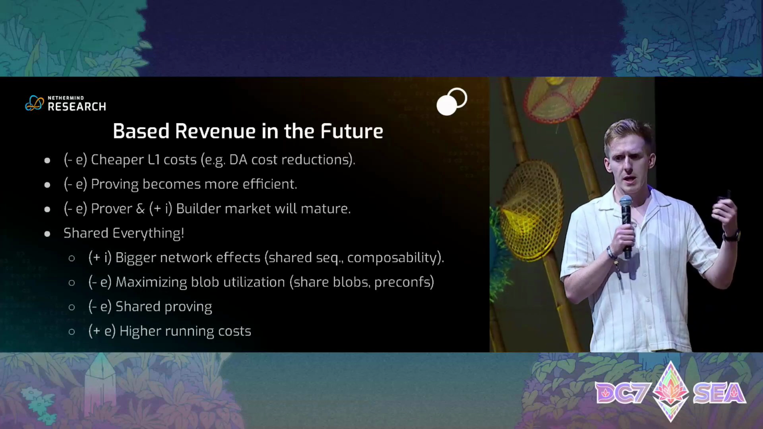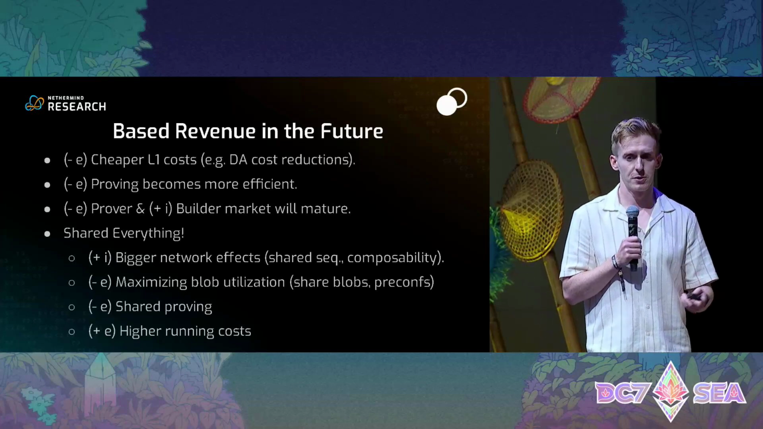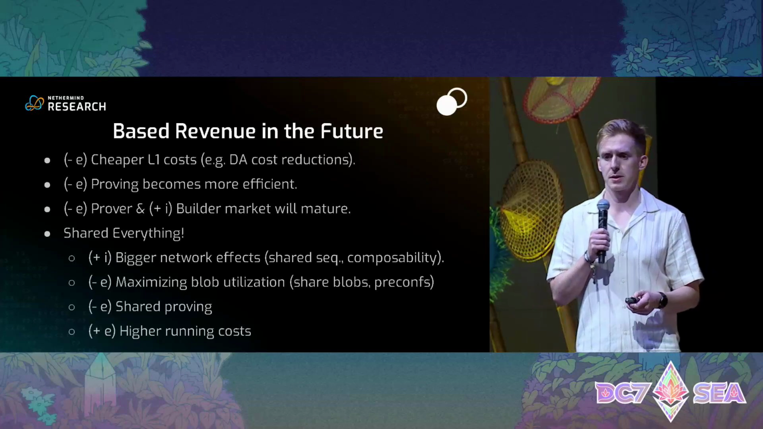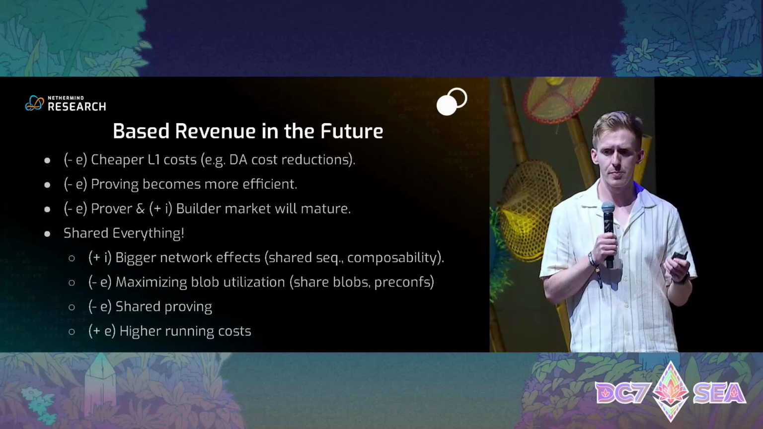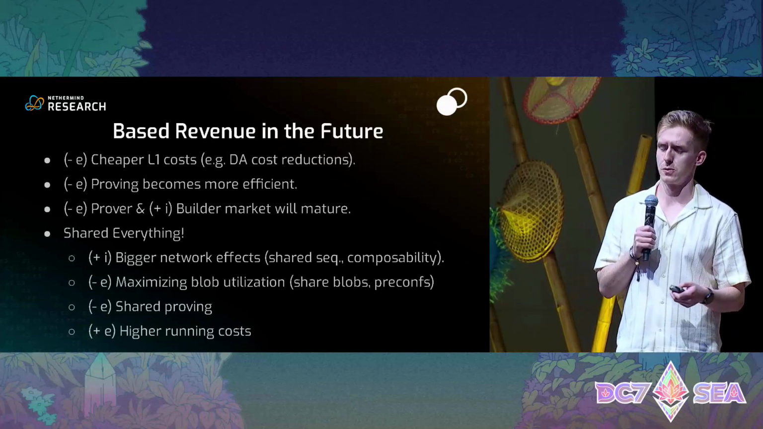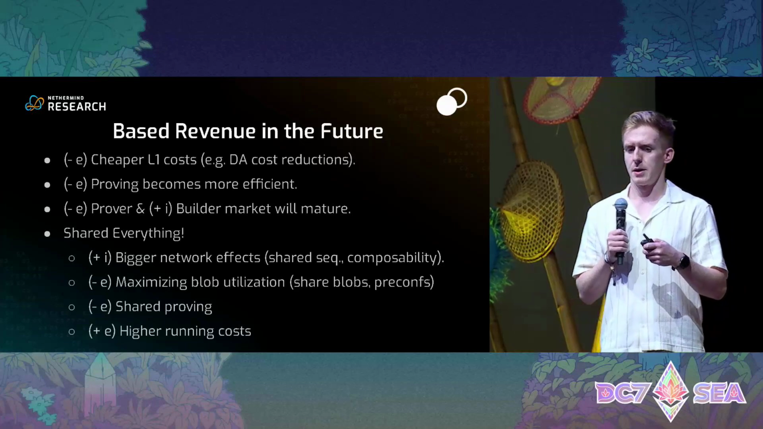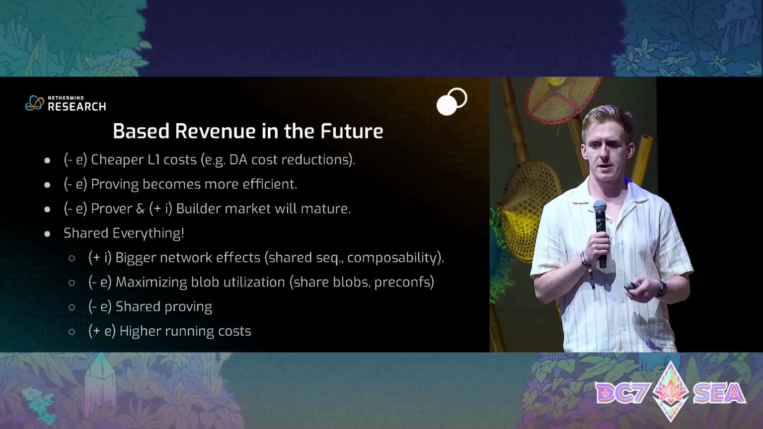So here are some of the big changes to base revenue that I expect to see in the near future. We're going to see cheaper L1 costs. We're going to see proving becoming more efficient. We're going to see prover and builder markets maturing. So a lot of L2s, base rollups will run their own prover, but there's whispers about prover markets and potentially